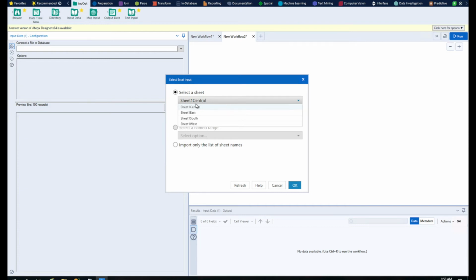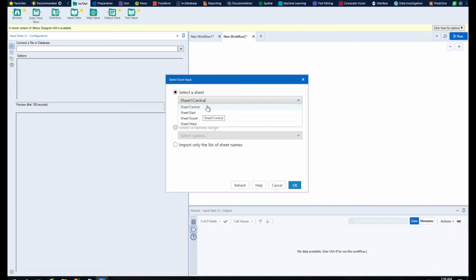Here you see sheet 1 central, sheet 1 east, sheet 1 south and west. Basically there are 4 sheets in this Excel workbook with the same structure, same data columns, same number of columns and same positions, but for different regions. It can be different regions, different months, different years, or different products, customers, anything. It's your business requirement.